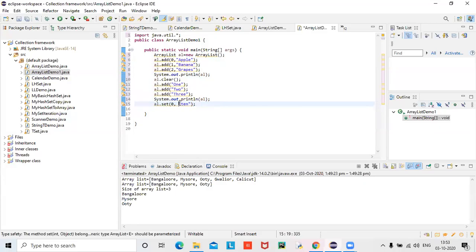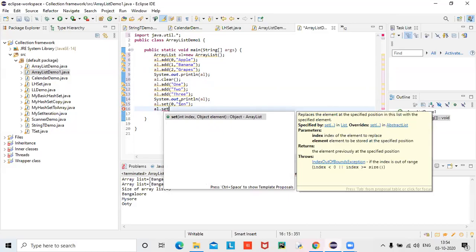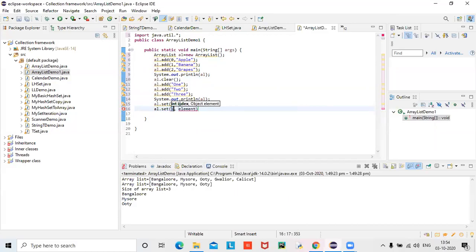Space is not required. Al dot set is the method for setting required positions. You can set here some element, you can write like 9, like that you can give.